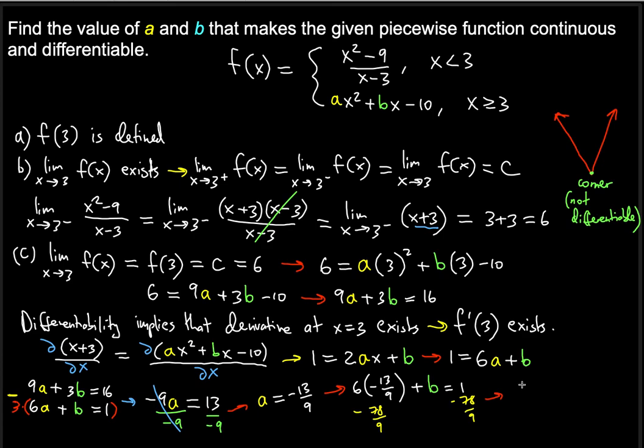So the b value is what? The b value is 99. No, actually, I should have added. I don't know why I subtracted, because we have a negative, right? So we should add. A negative plus a positive eliminates that. So b is 99 plus 78 over 9, which is going to be 87 divided by 9. Okay, so you've successfully found the a and b values right here